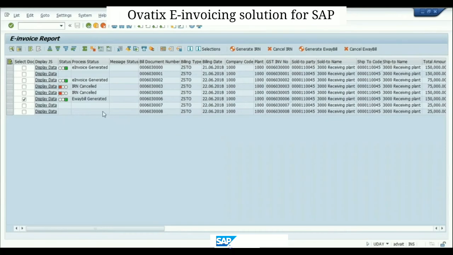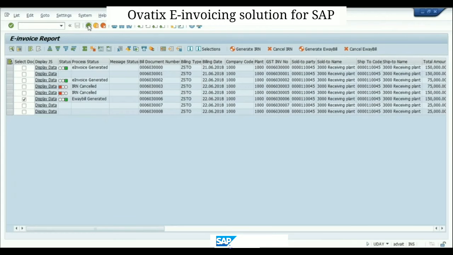Second thing is, if you have generated the IRN, then we will be putting a validation in your system that your sales billing document cannot be cancelled, VF02 or VF11. It will not be allowed because as per government, if you have submitted, your invoice is there, and if you want to cancel the billing document, you have to cancel the IRN and then cancel the billing document. Otherwise, our validation will work and it will not allow you to cancel the document. Right? So this is about the SD side.